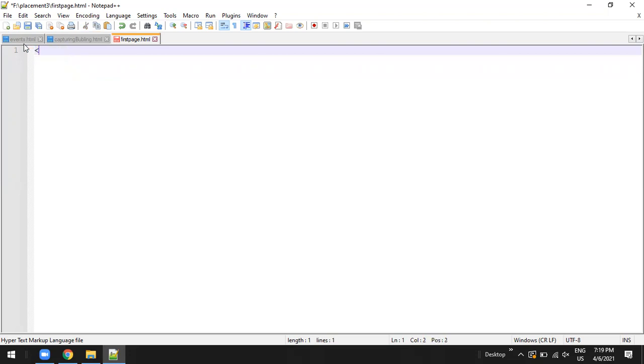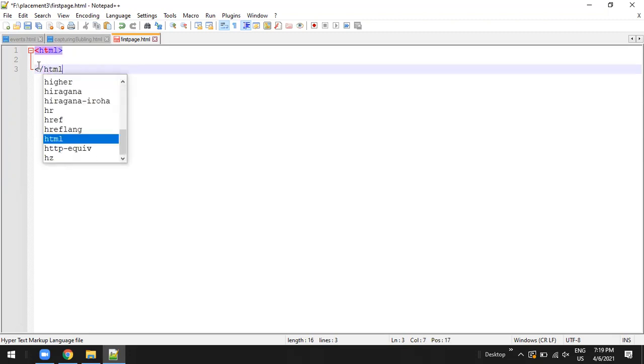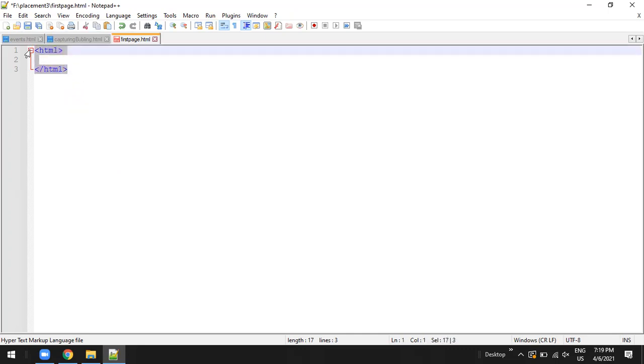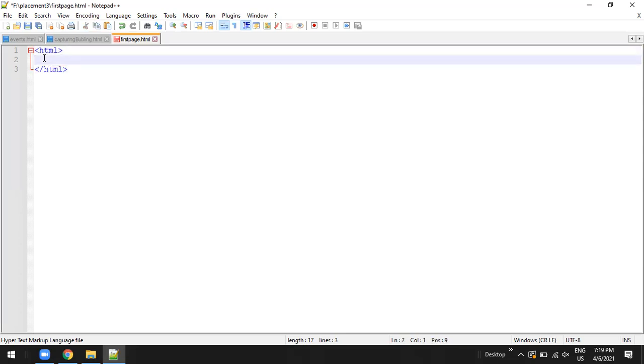I just write open bracket HTML close bracket. As soon as I press the close bracket, its closing tag is also automatically generated by Notepad++. If it is not generated, you are supposed to write the closing tag manually. This is the opening tag and this is the closing tag. So whatever the page is, you have to put it in between this open tag and close tag.